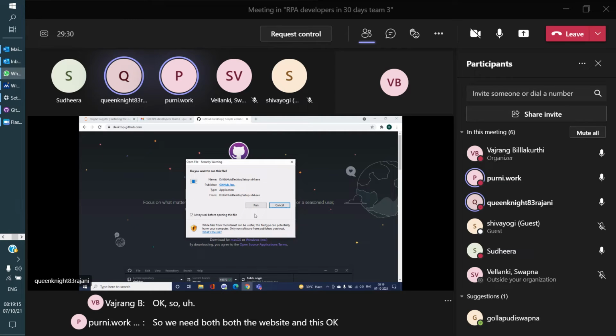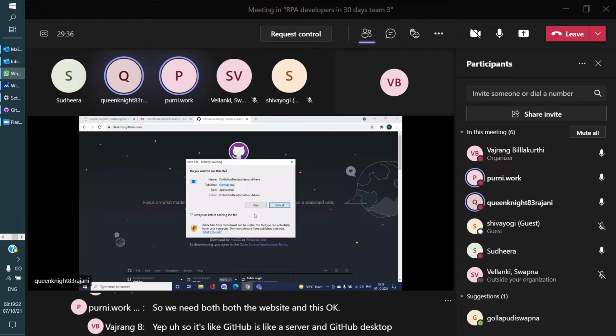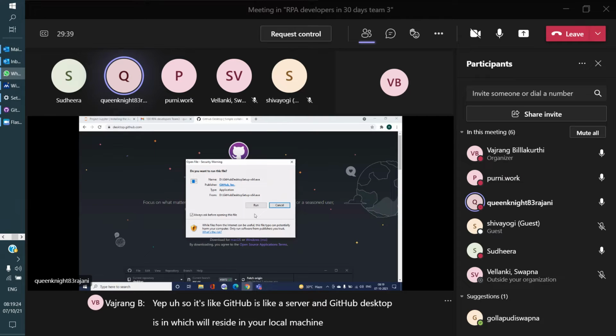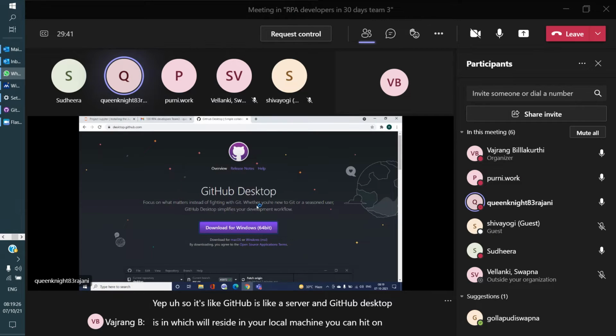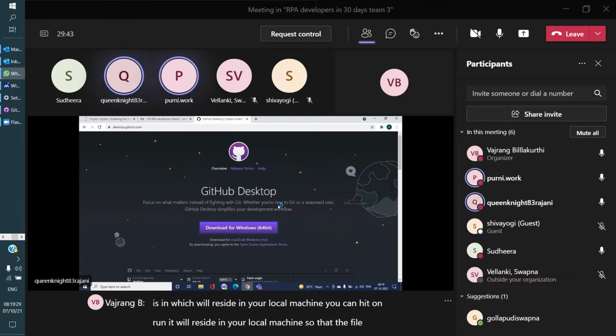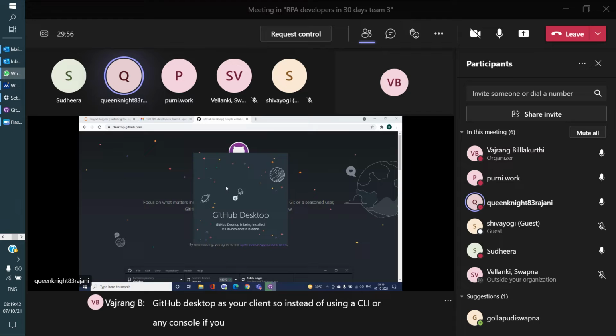Yes. GitHub is like a server, and GitHub Desktop will reside in your local machine. You can hit on run. It will reside in your local machine so that the files can be accessible and you can work with them. So simply take GitHub Desktop as your client. Instead of using a CLI or any console, with Git commit, Git push, and multiple activities.